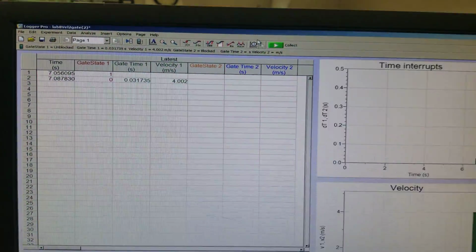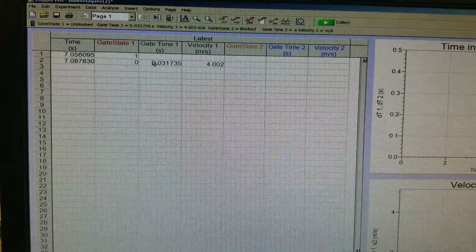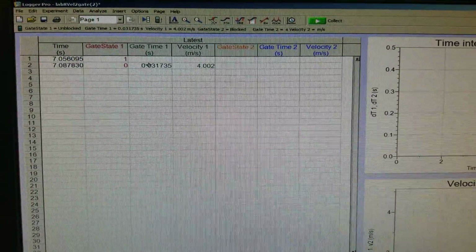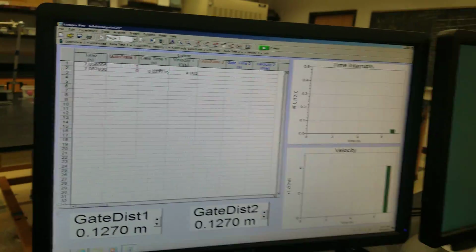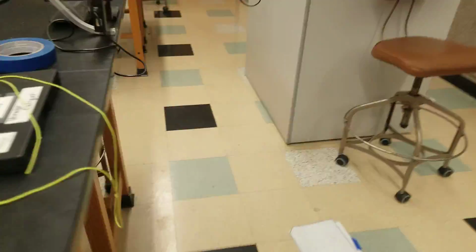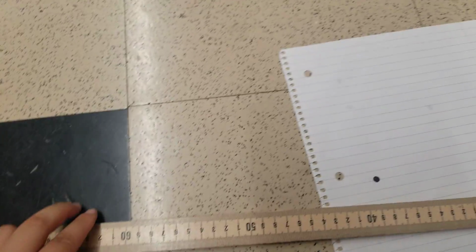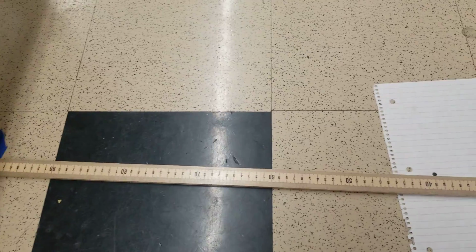Okay, so this is the data, the gate time we're going to record. This is the gate time, delta t. We use this one to find the initial speed. And for the range, when the ball hits the carbon paper, there is a dot there. The range is basically the distance it traveled horizontally. So we use the meter stick to measure the distance from the initial point to this one. For example, for this trial, the distance is about